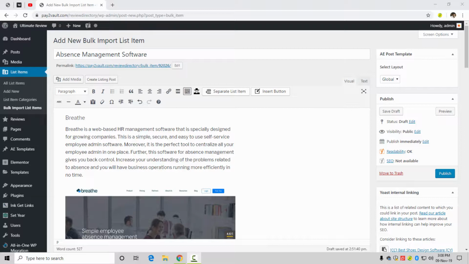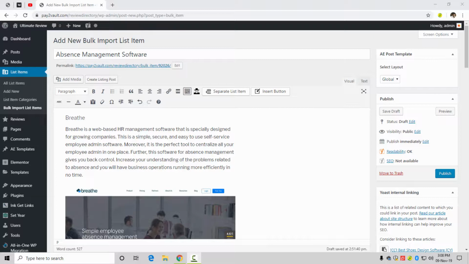When those blog posts arrived at our end, we used to copy a single list item, paste it, and create individual list items inside our review website. But to be honest with you, it was very, very difficult. I remember I got a blog post from a freelancer which had about 20 list items in a single blog post. Adding them all manually is a very difficult task, and that is why we came up with a